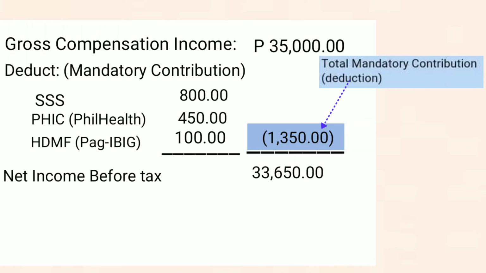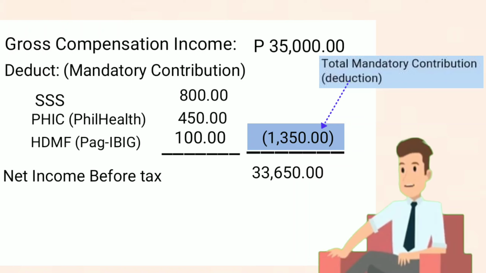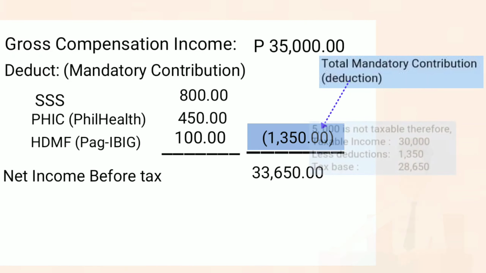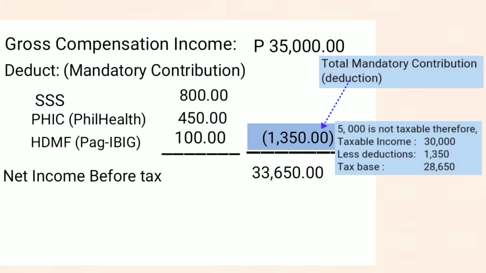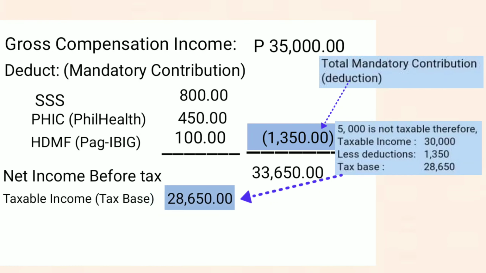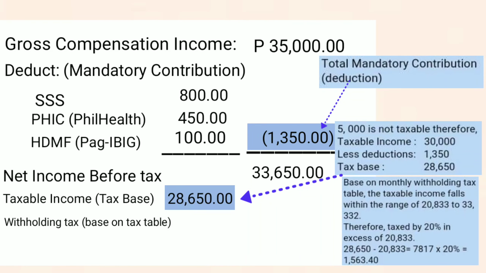33,650 pesos. This time, we will be identifying the tax using the revised withholding tax table and applying the monthly basis. To compute, the monthly basic pay is then reduced by the mandatory contributions of 1,350 pesos to arrive at the taxable compensation income of 28,650 pesos. Based on the monthly withholding tax table, the taxable income falls under the compensation range of 20,833 to 33,332. Unlike employee X, employee Y's taxable income is taxed by 20% in excess of